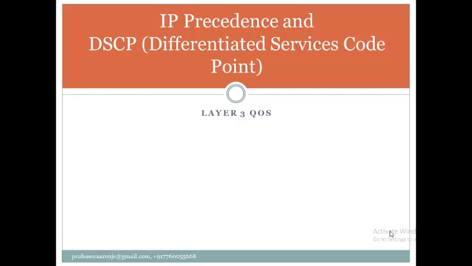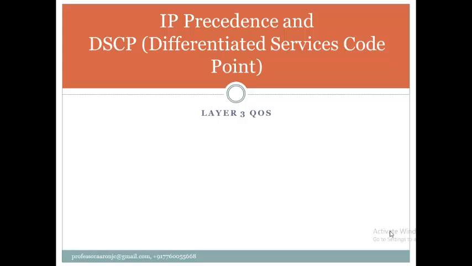We saw what is QoS. We saw layer 2 QoS. We also saw an introduction to IP precedence and DSCP, which is used in layer 3 to set weightage to the classified traffic. Both IP precedence and DSCP, differentiated service code point, are used in layer 3 marking,